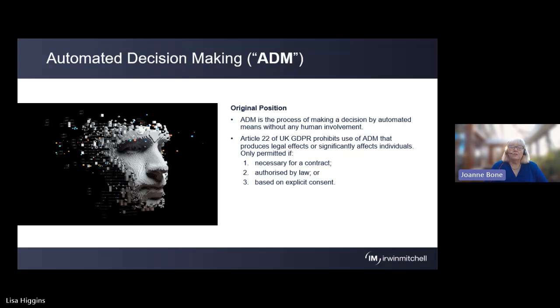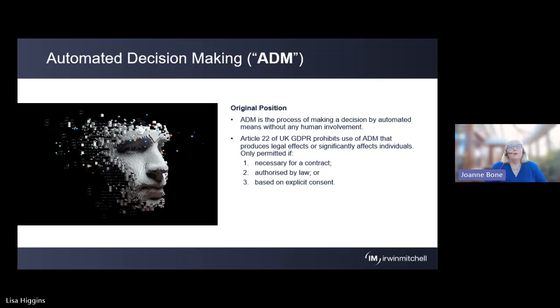So whenever I mention automated decision making here, as I say, it's that subset of decision making by AI. And certainly the previous position under EU GDPR and UK GDPR prior to the changes under the Data Use and Access Act was that it was pretty heavily restricted. So that you could essentially only carry out automated decision making using personal data where it had a serious impact, where it's necessary for a contract, and it's quite hard to show necessity. It's authorised by law, or it's based on the explicit consent of the individual, which is quite hard to get,